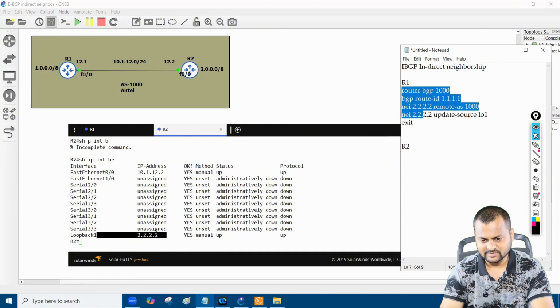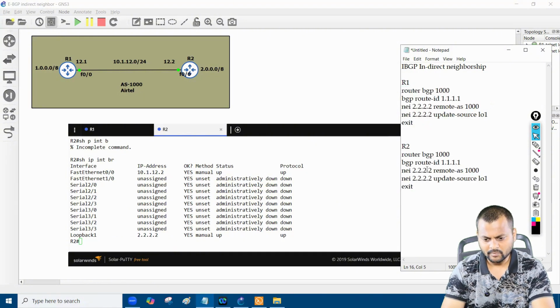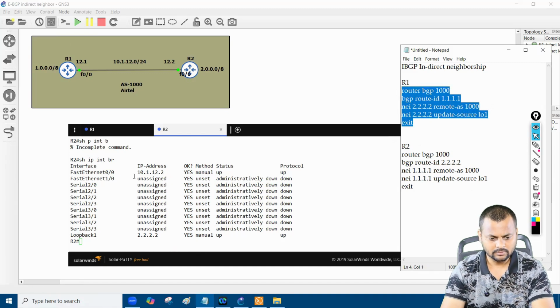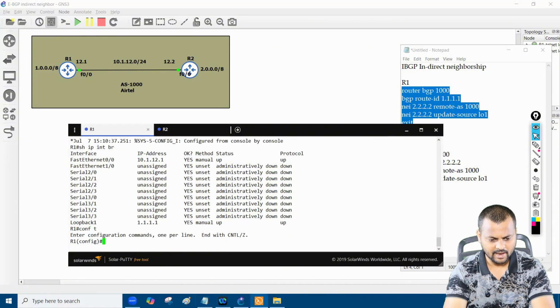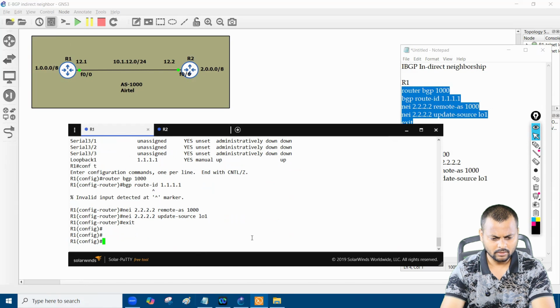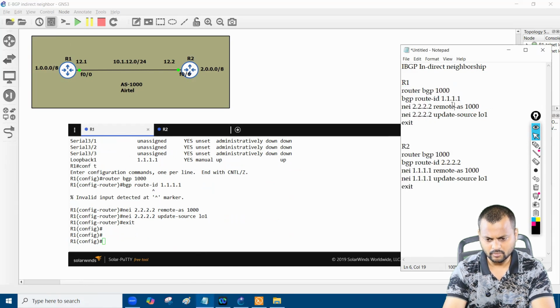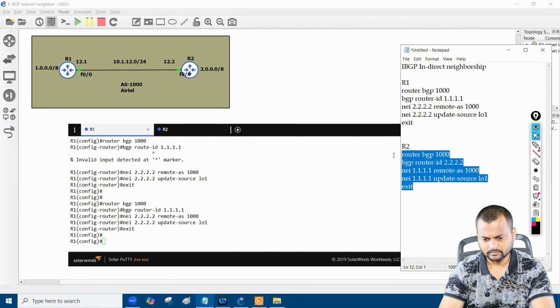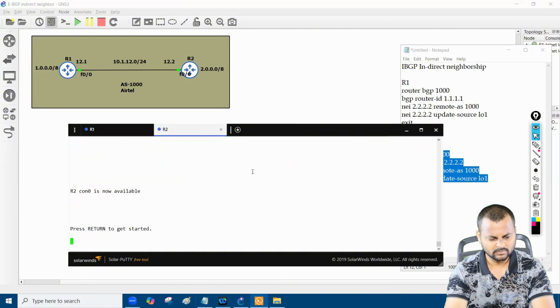Same thing for router 2 as well. On router number 1, we just need to modify the IP address, because router 2 is going to form the neighborship with this one. And here we go. I need to modify the router ID as well. That's all. So on router number 1, let's put this command. It's a mistake over here. It's router ID, router ID. That's all. Hit this command line, and same thing over here on router 2.